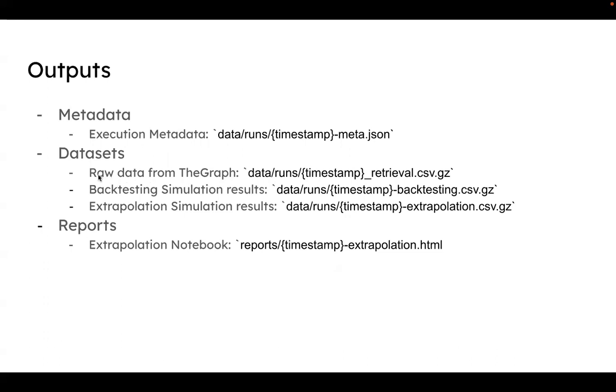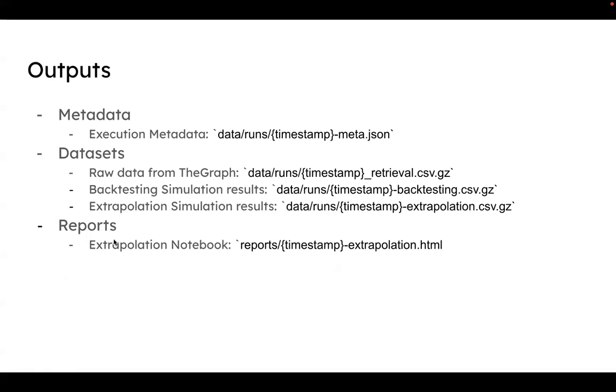For example, we have this raw data here, which is essentially the graph part of the digital twin. You go to the graph, you download data for the arguments that you have provided on the input, and you are going to have this raw data here that was not processed. By using that data, the digital twin performs backtesting, and we are going to go over that in the next section. And we also perform extrapolation. Backtesting is really the data on the past, but with 2 variables. One is the actual data. The second one is what our cadCAD model thought it should be. And the extrapolation is really predictions over the future.